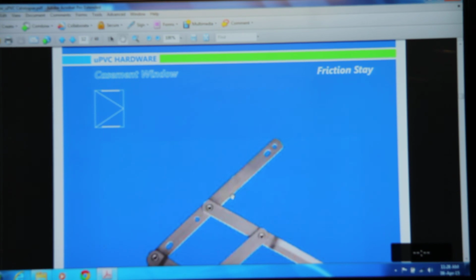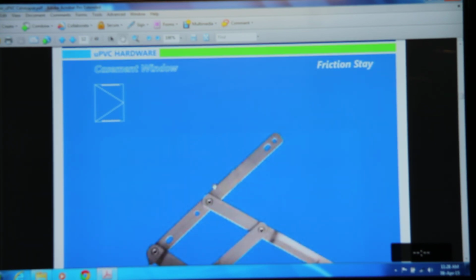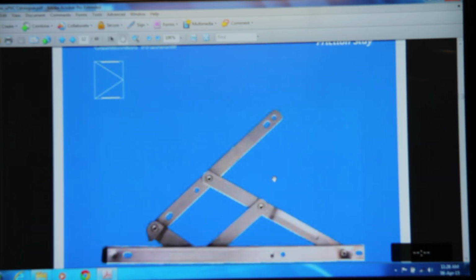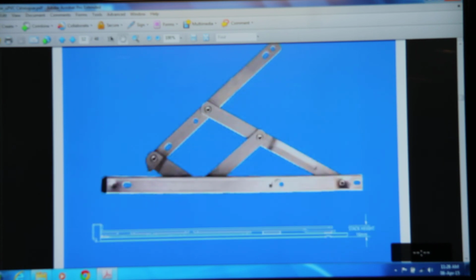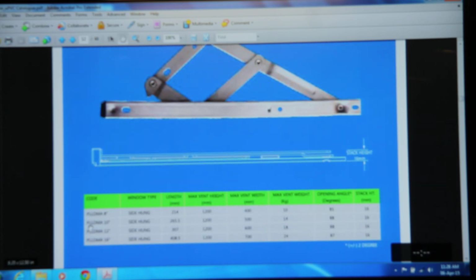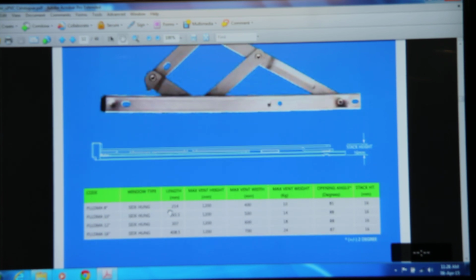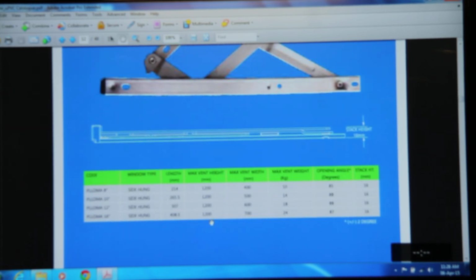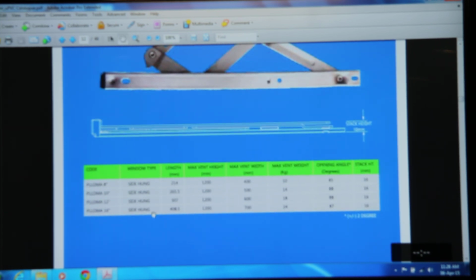Now let's start with the friction hinges. UPVC is supplying friction hinges also. The stack height of these friction hinges is 16 mm. The coding of these friction hinges is PLLDMA. It's available for the side hung windows. The maximum